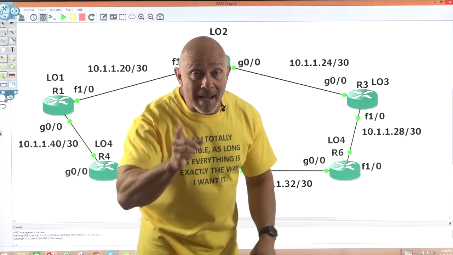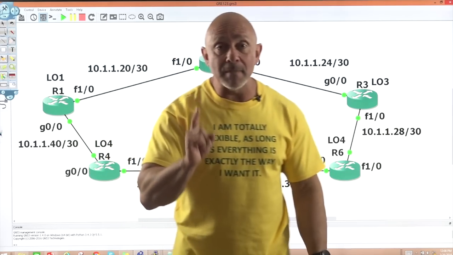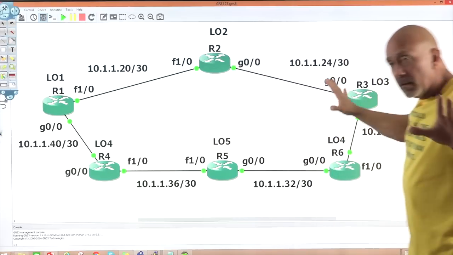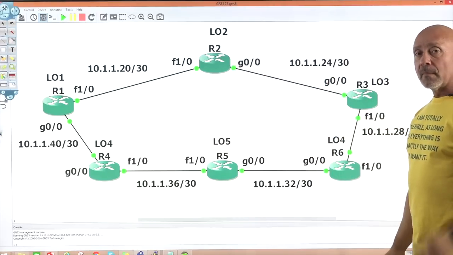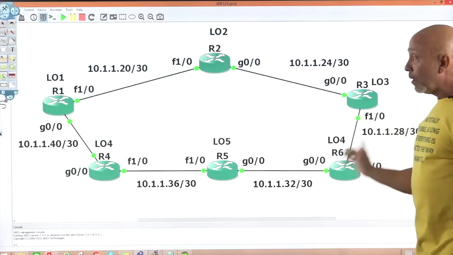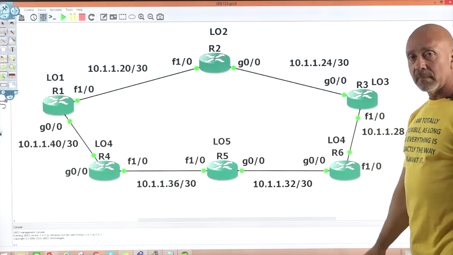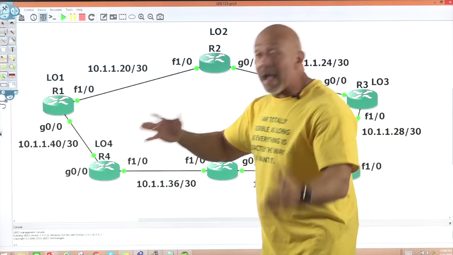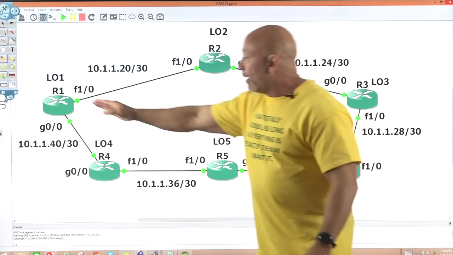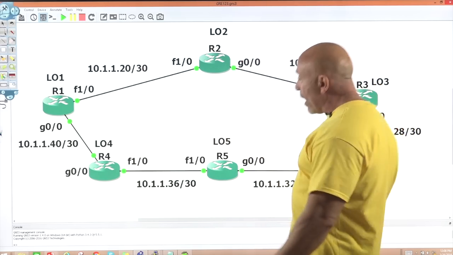So whenever you see my labs, let me get out of the way. I know big glass is always in the way. Whenever you see my labs, pause, and create exactly what you see there. This is how I usually do it. I start from here and work my way around.